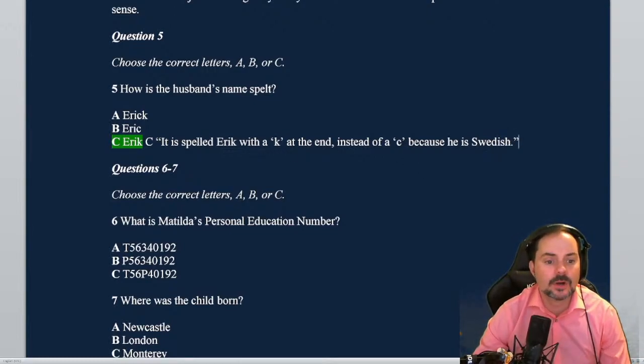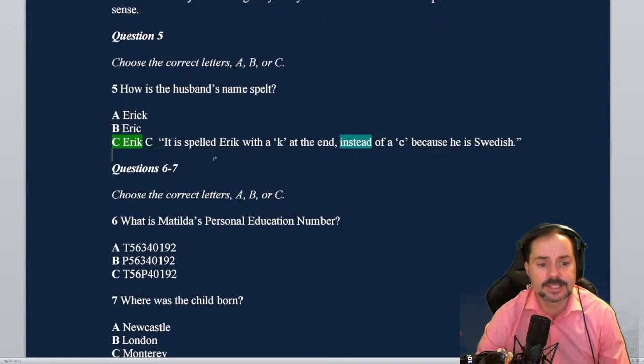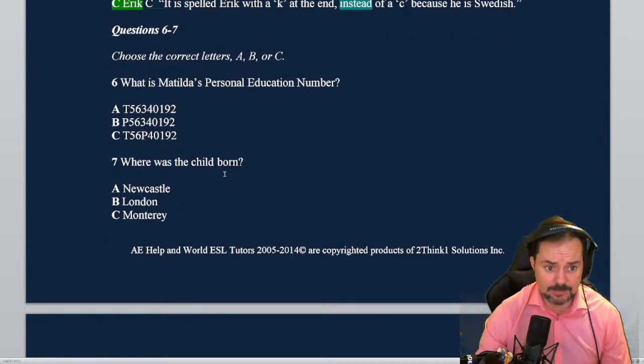Yeah, so that's what she says. The key word here was "instead." You really had to pay attention to that word to get it right. I don't think you can read that too well, so let's choose a different color. So there we go, "instead": a K instead of a C. You have to really pay attention to these kinds of words like "instead," okay? All right, dictation, super important.